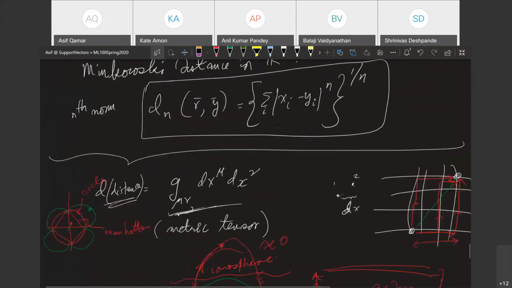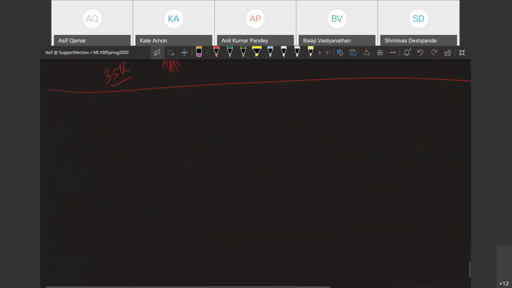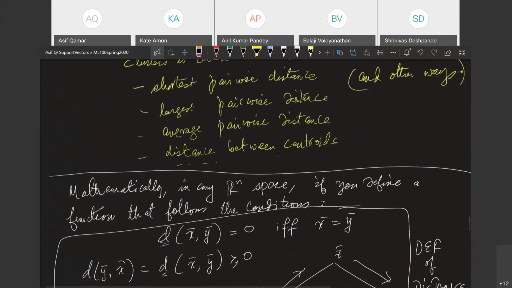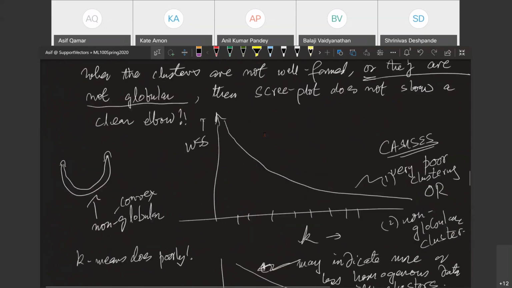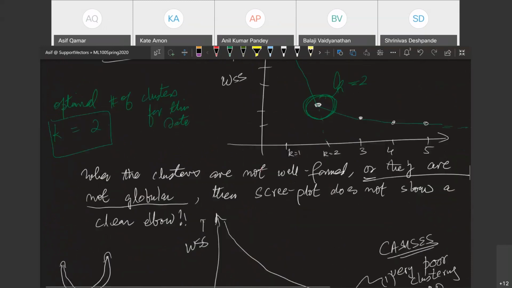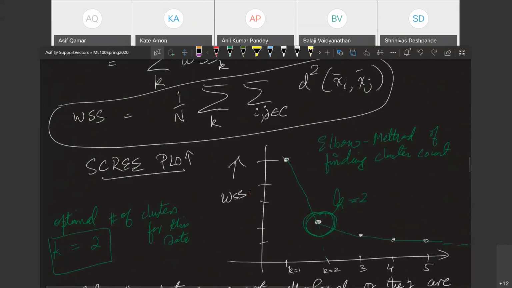In K-means clustering, we find a way to identify whatever number of clusters you want to see. If you want to see 3 clusters, it can find 3 clusters. But the question remains, what is the optimal number of clusters? That's a hard question to answer. The best way is to look for the so-called elbow. You have to draw the scree plot and look for the elbow in it.